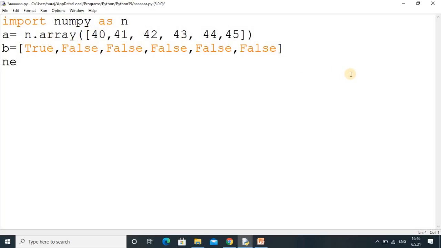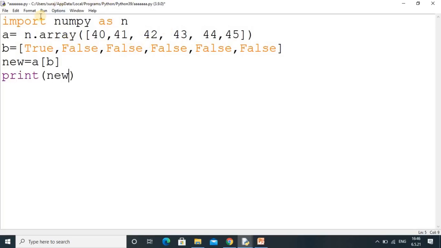Then I'm going to create a new array from the existing array, and there we put b. What does it mean? From array a we want a specific value, so here we are giving the reference of b, and then we are printing this new copy of the array.